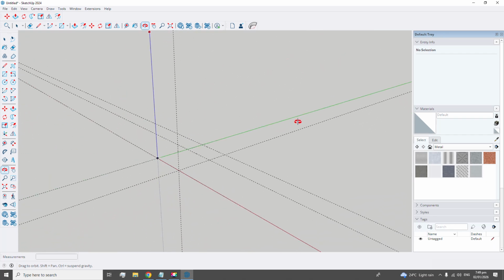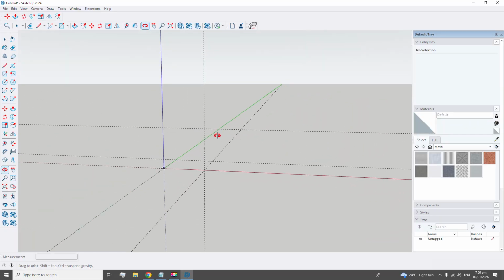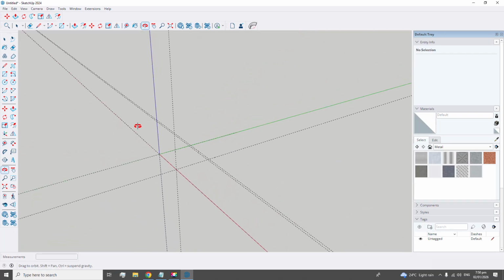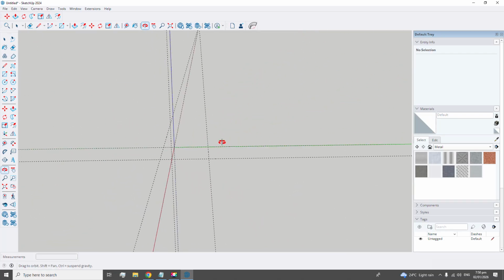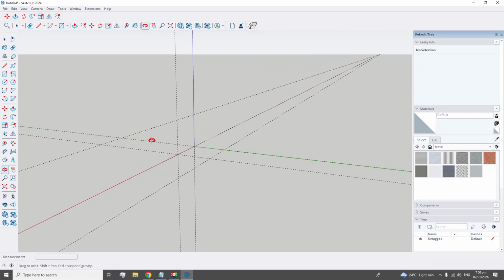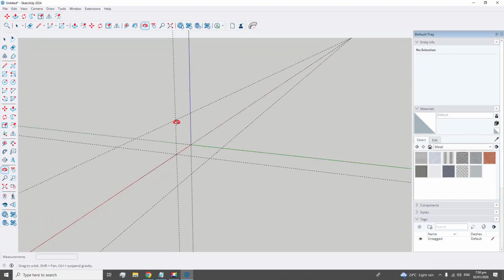So we still have to create a guide on the blue part, or the blue axis. So from here going to here, we now have the guide. Using the orbit function again to check, now we will create a guide from the top